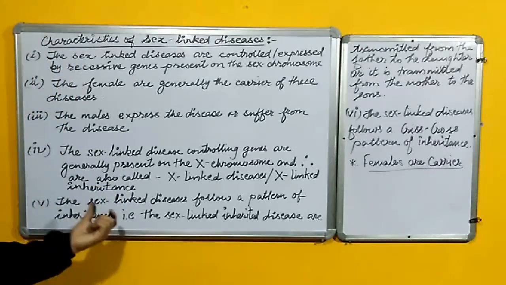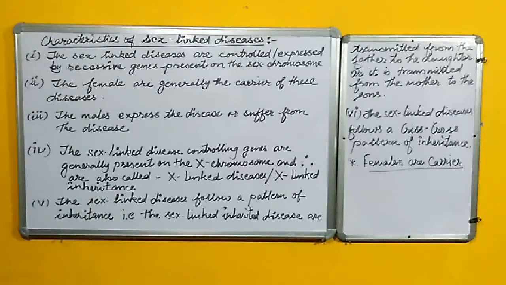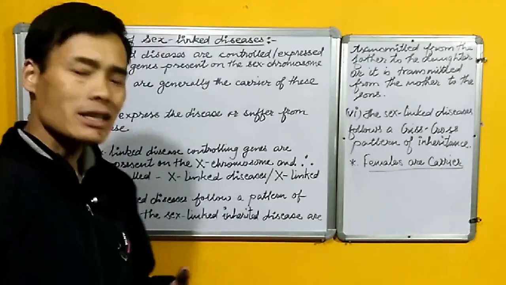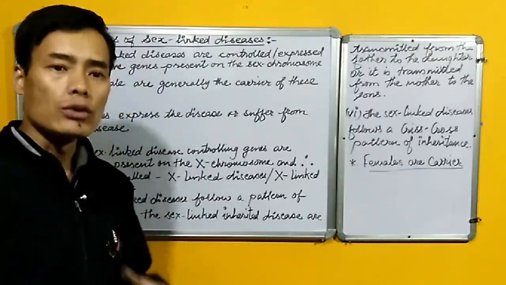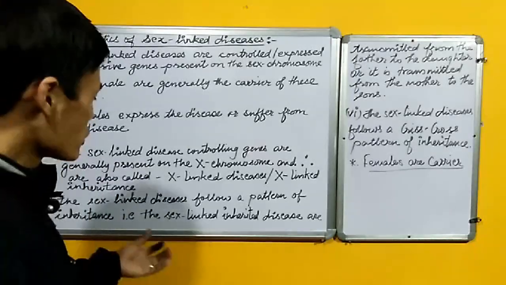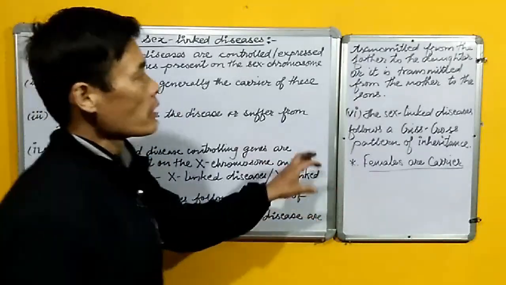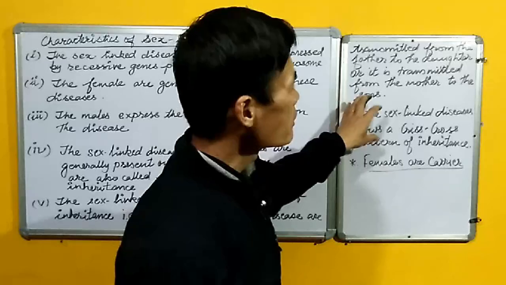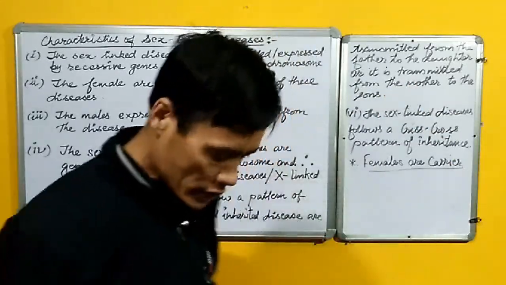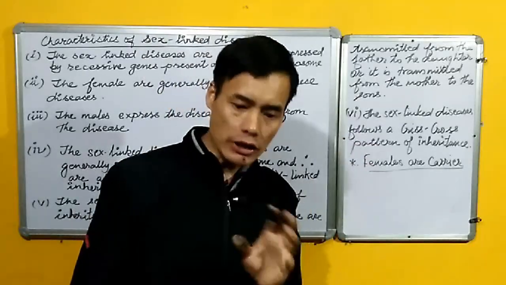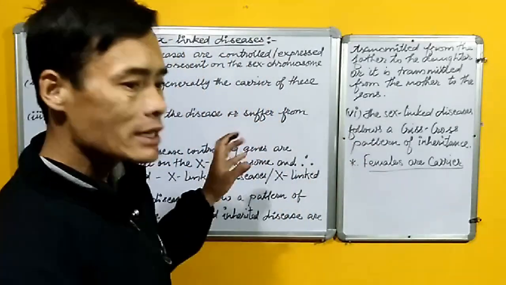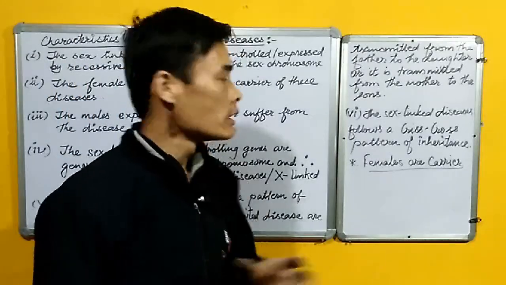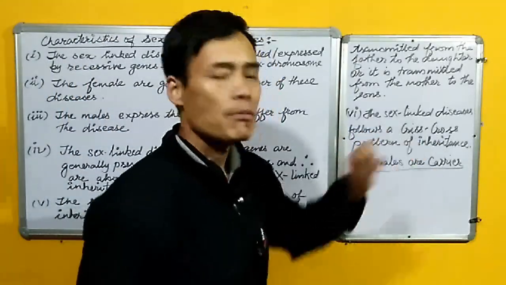Now, coming to the other point of sex-linked inherited diseases, the sex-linked inherited disease follows a pattern of inheritance whereby the genes that have the ability to cause the disease are transmitted from the father to the daughter and from the mother to the son. Thereby we see the pattern of inheritance of the genes that control sex-linked inherited diseases follows a criss-cross pattern of